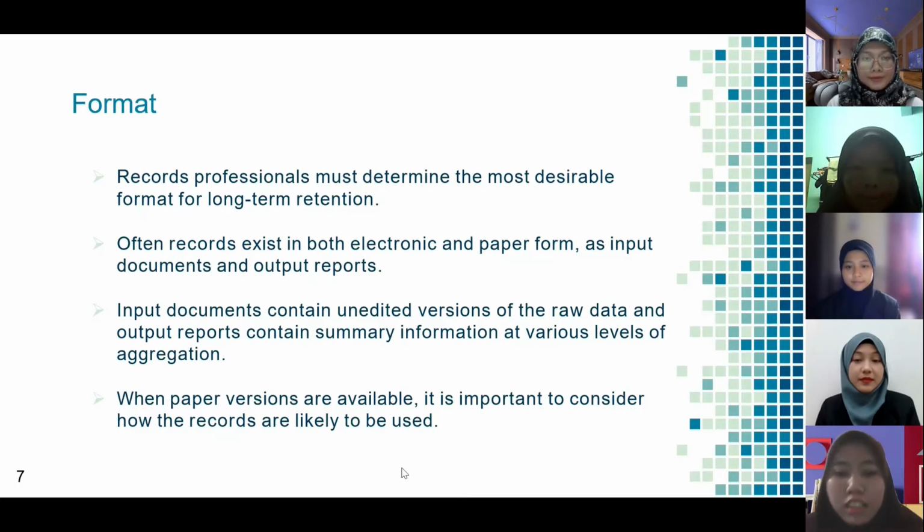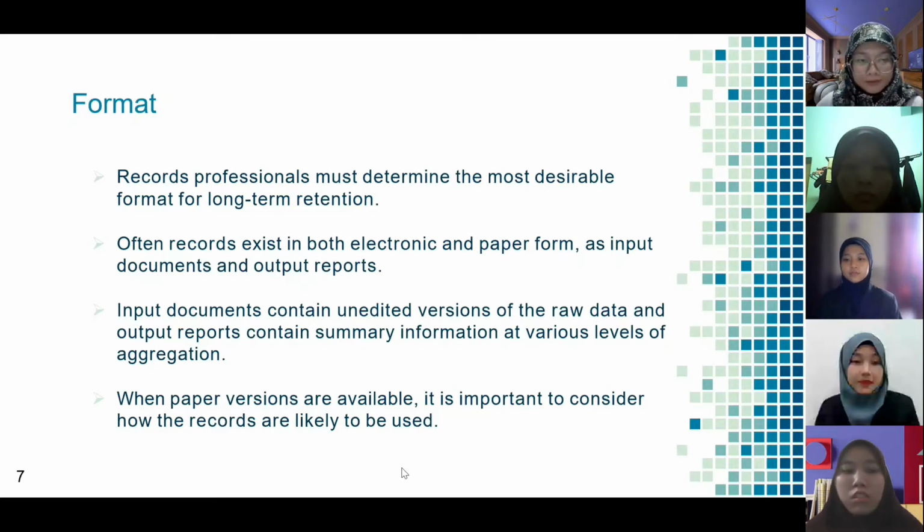The second one is often records exist in both electronic and paper form as input documents and output reports. So, the record format comes in two forms. For example, it can be recorded in paper and also in electronic records. And records also serve as document inputs and document outputs. The third is input documents contain an edited version of the raw data and output reports contain summary information at